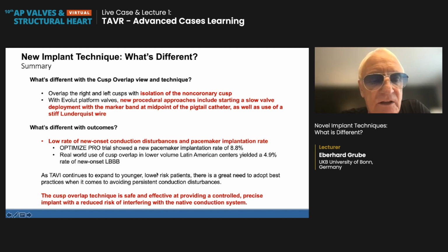And another summary here, as TAVR continues to expand to younger, lower risk patients, obviously that is important because we try to avoid persistent conduction disturbances. So in all, the cusp overlap technique, the new deployment technique, is safe and effective at providing a controlled, precise